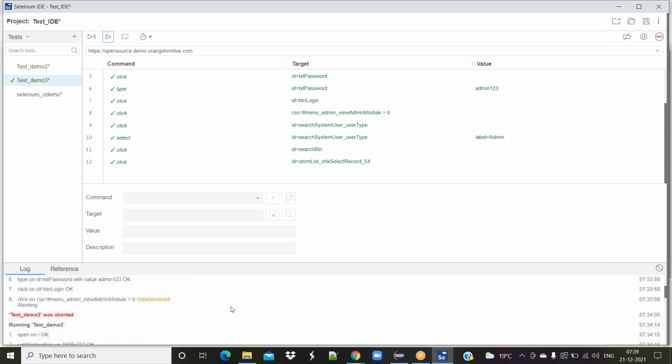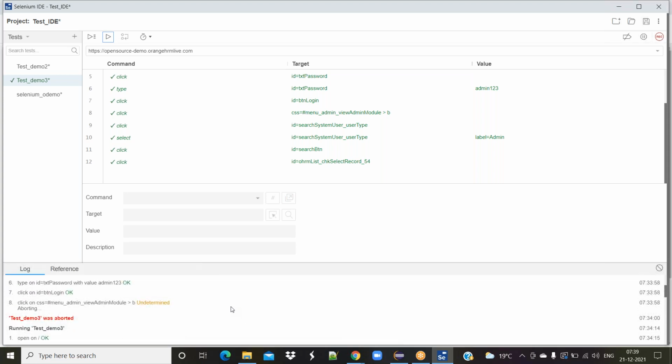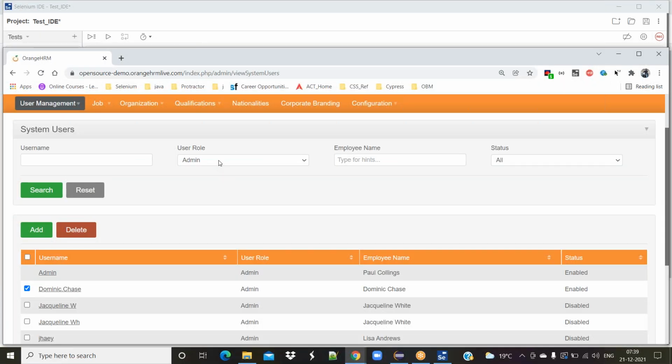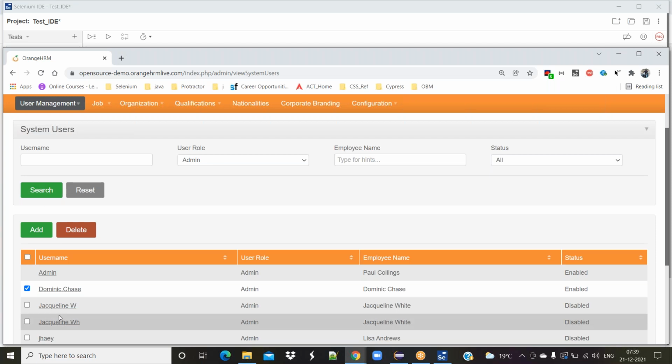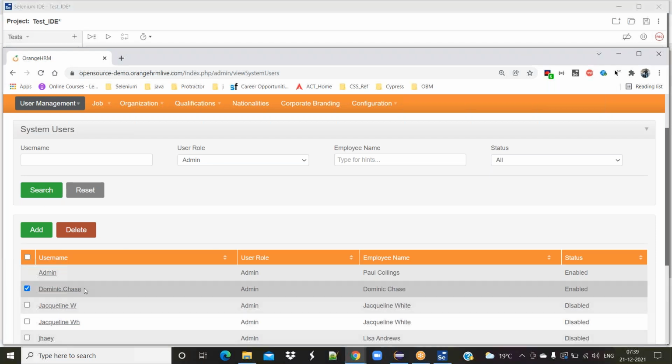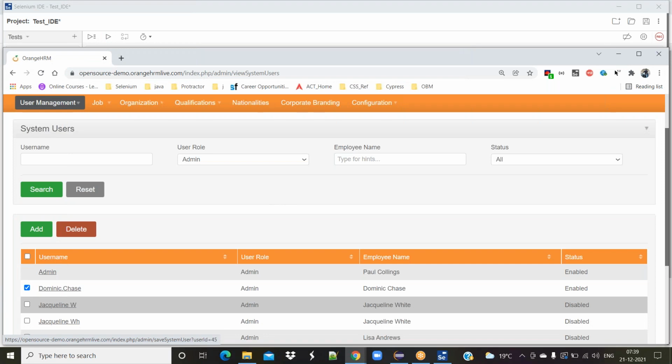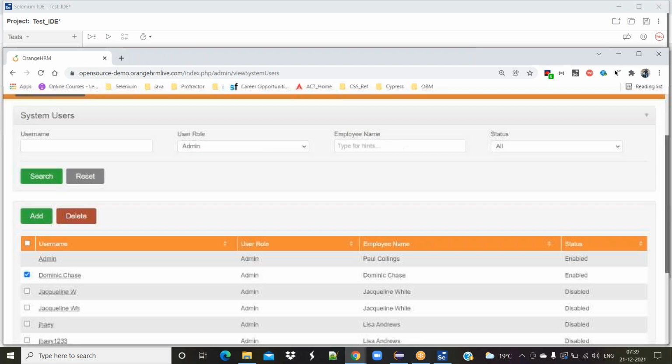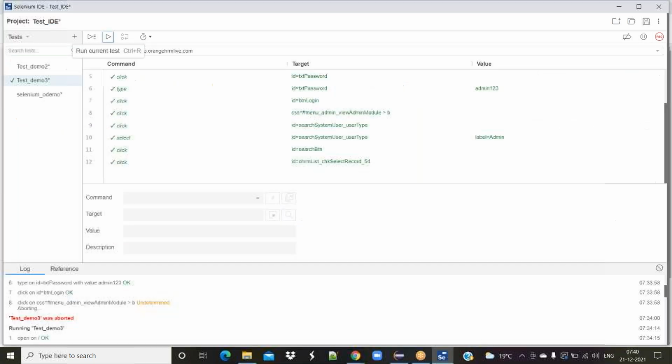So this is the way Selenium IDE is working. But in the market, we are not going to use Selenium IDE as automation engineers. Why? Because it has some limitations. As per my requirement, if I select admin and click on search and there is no result, or results are there but some user is not there, then I want to select another user role. These types of logics are required as per my test case, and I want to implement them here.